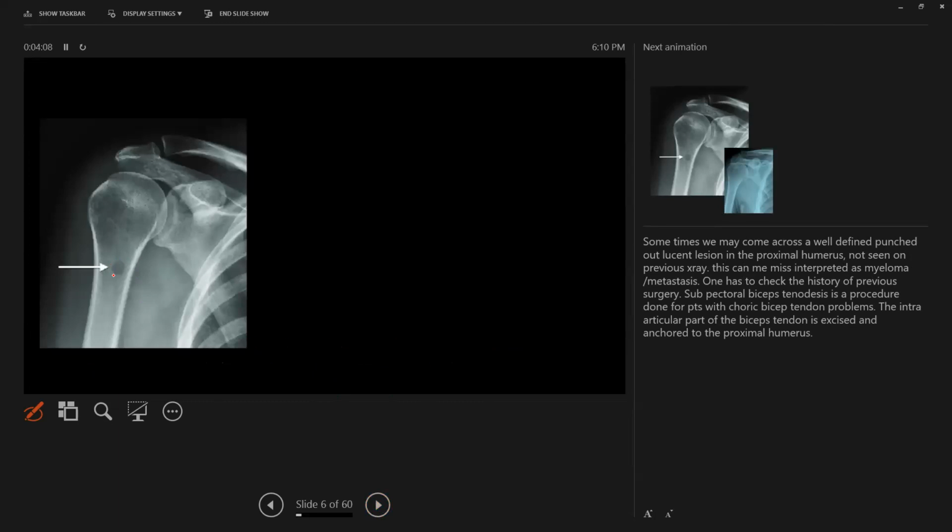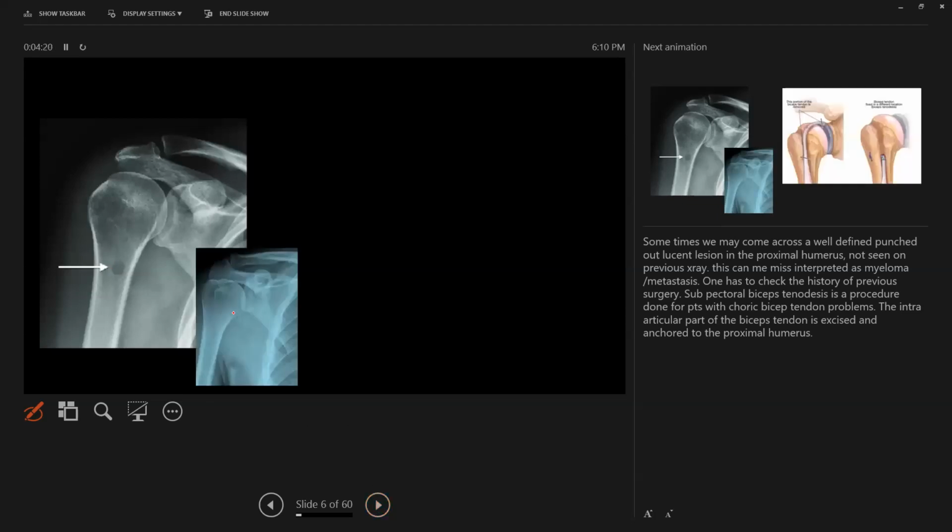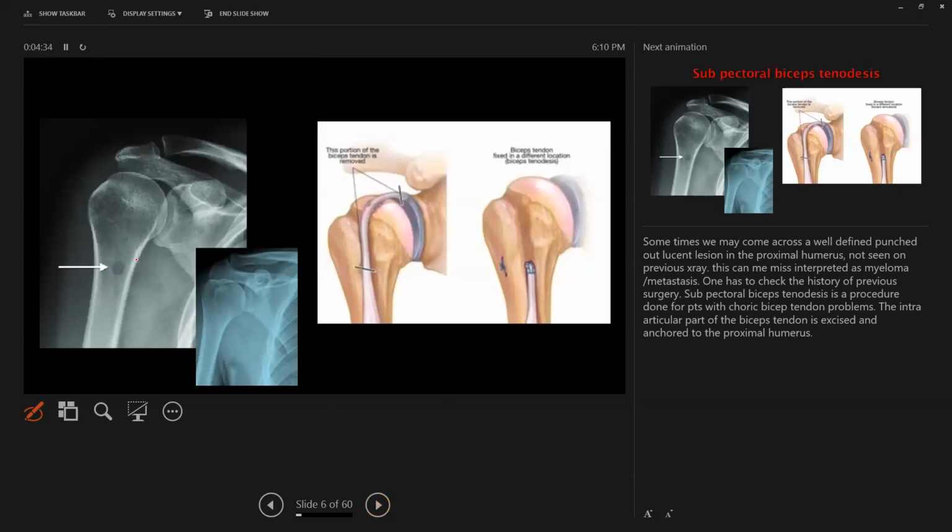Okay, sometimes you may see a punched out lucency within the humeral head. It's not that commonly seen. If you have an appropriate history, like previously this shoulder looked normal, and you can elicit from the patient that the patient had some kind of surgery, then this punched out lucency, which looks like a lytic lesion, can be secondary to a surgery for the long head of biceps. When there is chronic tendinopathy of the long head of biceps, the intra-articular portion of the biceps is excised,